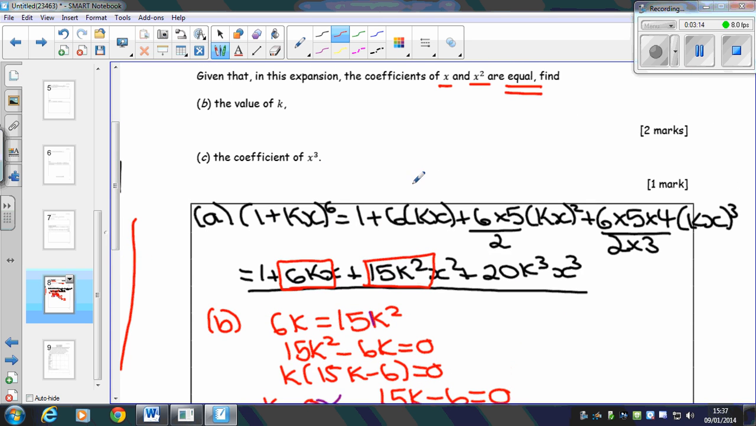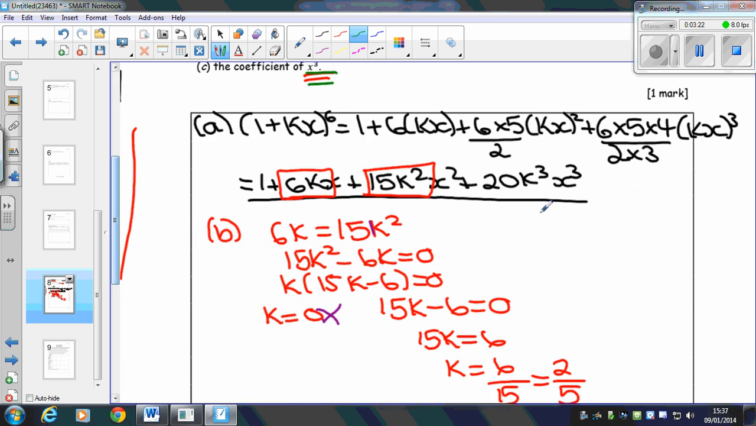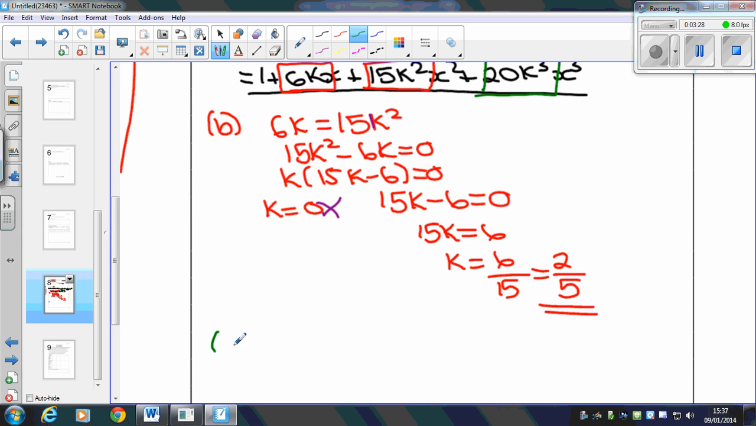And then in part c, we're asked to work out the coefficient for x cubed. So for x cubed, we've got 20k cubed. So for c, we have 20k cubed for the coefficient of x cubed. And we know that k is equal to 2/5. So that means that we have 20 lots of (2/5) cubed,